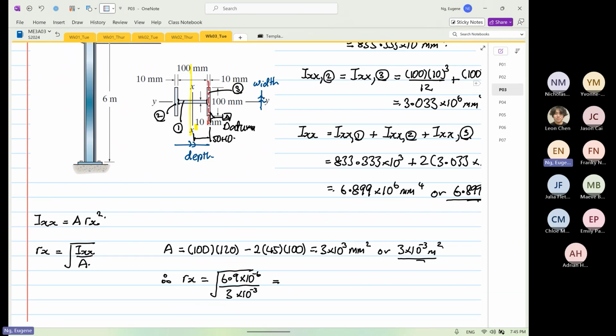So the radius of gyration is equal to, I get 47.958 times 10 to the power minus 3. Right. So we have calculated our